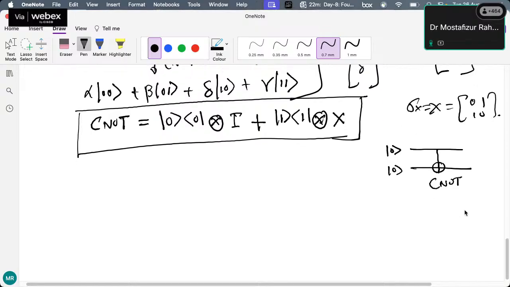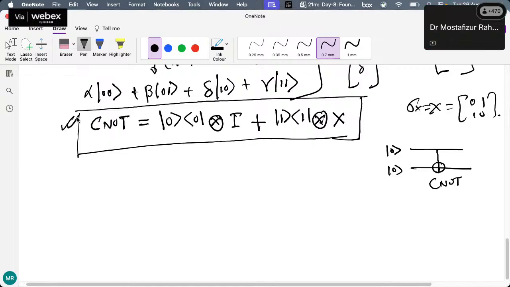Now let's see another entangling 2-qubit gate, or controlled 2-qubit gate. I hope that in QT-05 and other QTs, these kinds of gates are already described in much more detail. We are only considering the information-theoretic part, because that is required to define quantum channels, various channels and all. Although in 2 hours it is not possible to cover everything, like entangled channels and entanglement-breaking channels, those things are beyond the scope of today's class, but I'll give at least the topic names so that in the future you can dig into those topics.